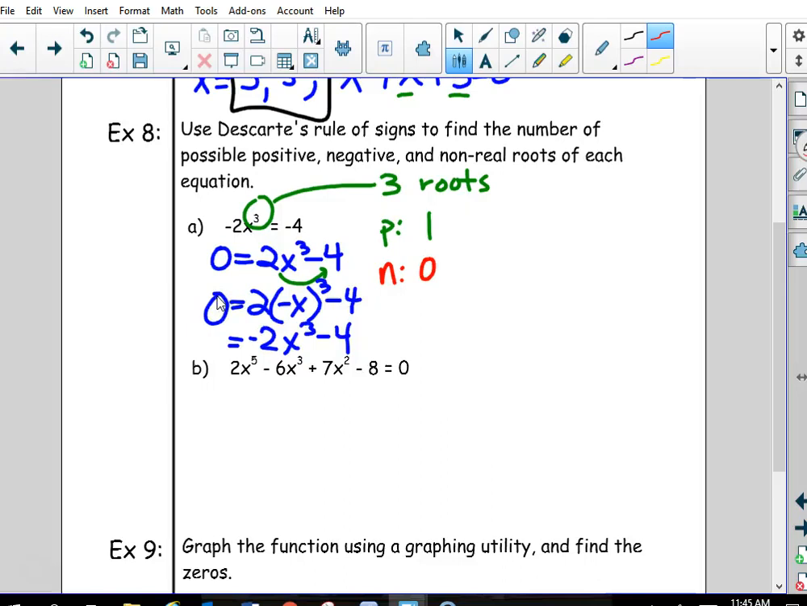Okay, so if I have a total of 1 positive root, 0 negative roots, then that means that